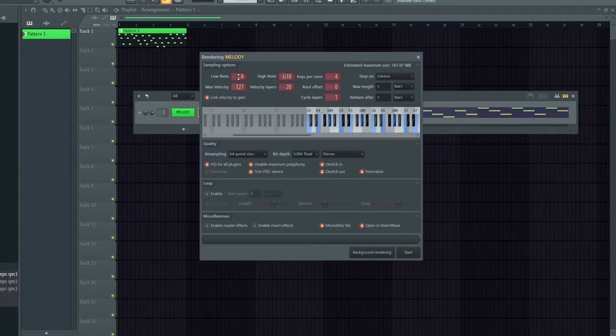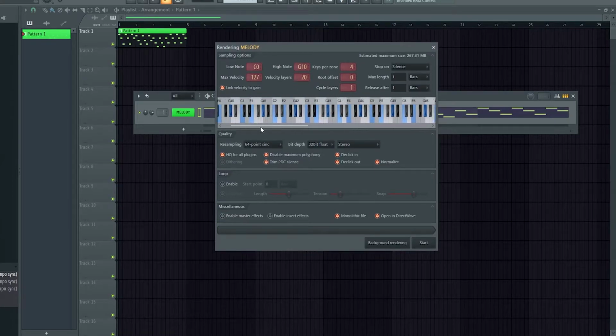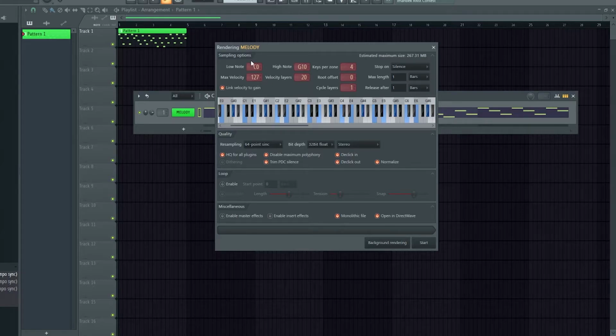So that's up to you depending on how many notes you're going to use, how low it's going to go. For a bass, you'd probably want a very low thing, but not too high. That'll just save estimated size. So for a bass, you might want it to stop at C6, a conservative number. Could be C4 even. But for this piano, and just for the sake of this demonstration, I'll add the whole thing. This keys per zone is pretty much